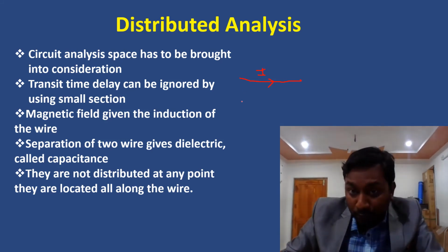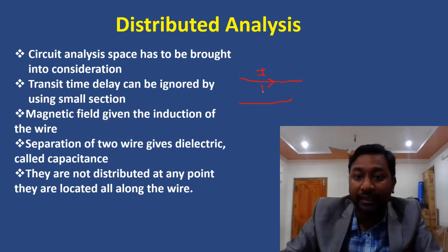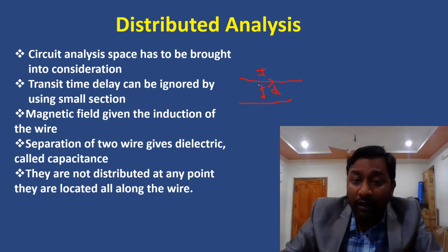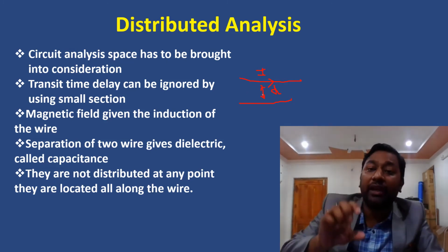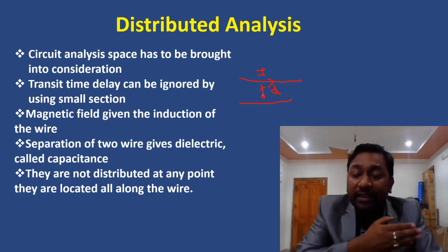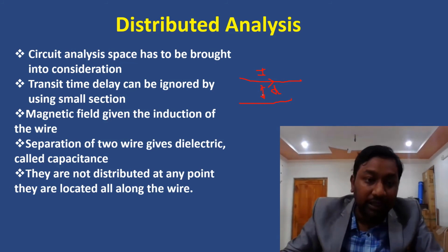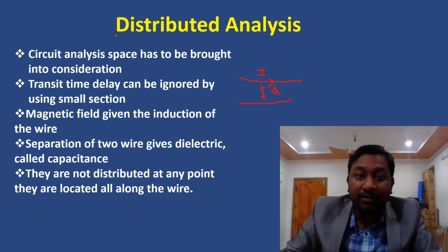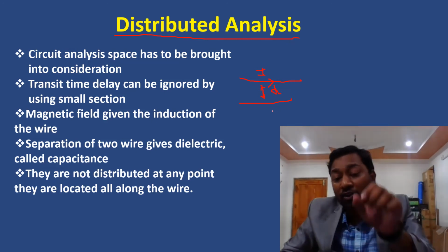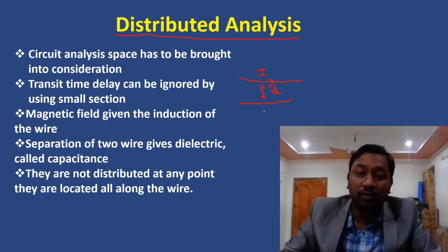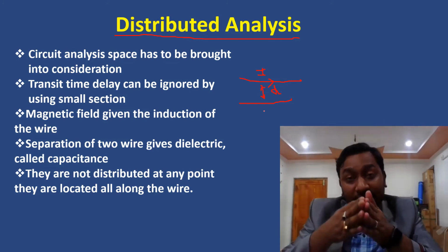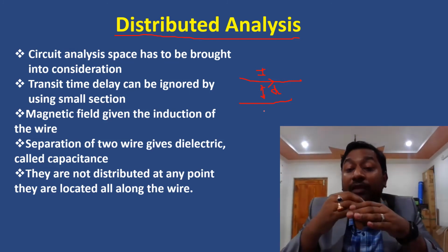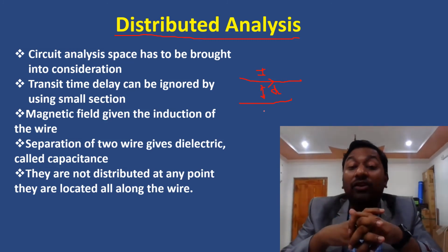Similarly, there is the separation of two wires. Here we have seen the two wires with a dielectric medium. This separation D creates the capacitance, and it is not lumped at any point, because we cannot say that the capacitance is at that point. It is distributed throughout the line. So that's why that analysis is called distributed analysis. The name itself says it is distributed analysis. And if we consider a small length, then the effect will be very less. So even though it is a two conductor system, still the resistance, inductance, capacitance and conductance effects are there.